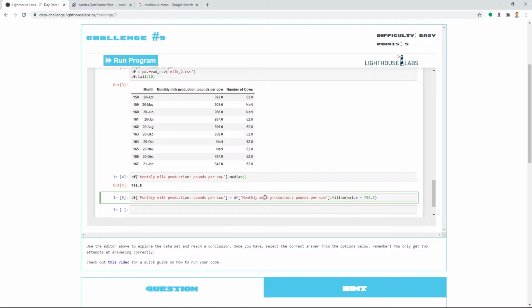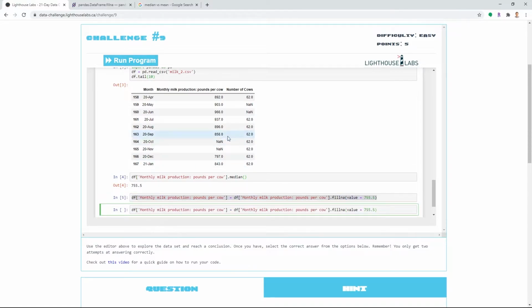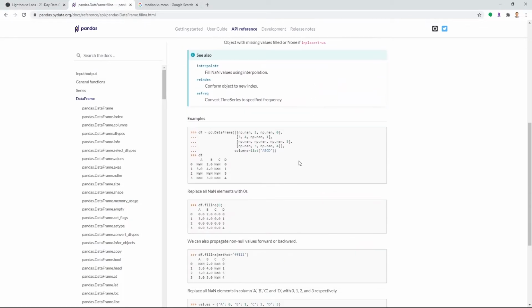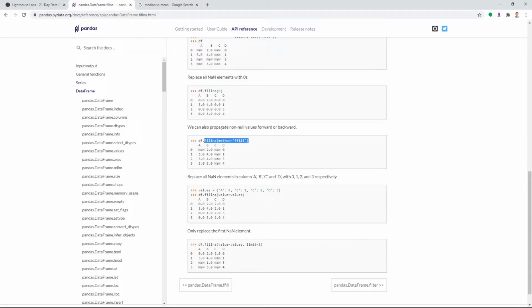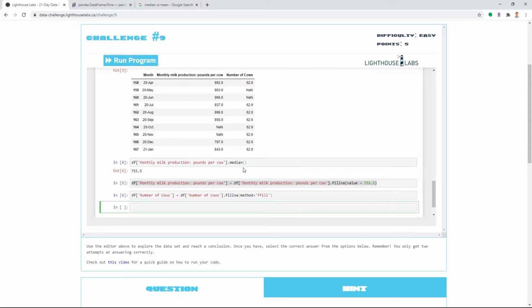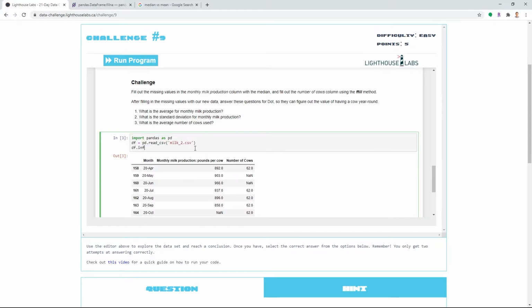It's very similar to our operation up here, so I'll copy that down here, but we'll change the column name to number of cows. We'll still use the fillna method, but instead of specifying the value this time, we'll specify the fill method. We'll reference the documentation again and look for an example. This right here looks like exactly what we need, and we'll go ahead, copy and paste that in and run this. So to make sure that this works, what we'll do is we'll go ahead and get some information about